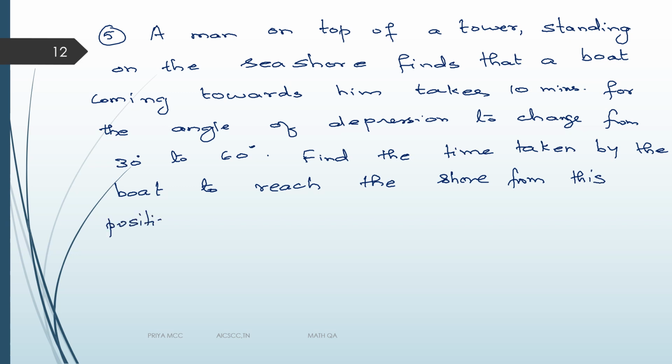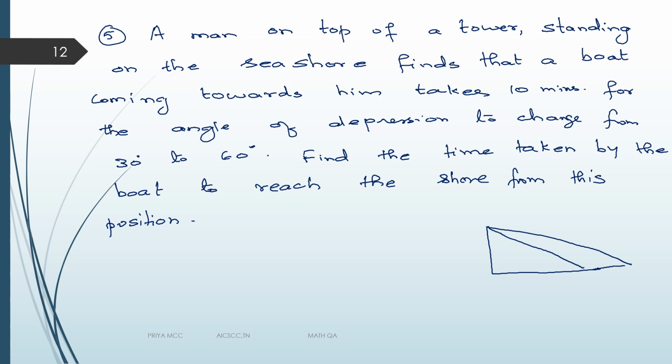Okay, see, this problem looks very complicated. You're standing somewhere on a tower on the seashore, like a lighthouse. By looking at a boat, what is its angle of depression? You're looking at a boat, which means you are at a height, so you're looking down on the boat, so it's an angle of depression. Just by seeing the angle, your viewing angle is changing. If you can see the change in that angle, you are able to estimate how fast it will come and reach you. That is the beauty here, right? So let us draw the tower. This is the tower, the horizontal sea, and then the man is watching. He is watching the boat from two different angles.